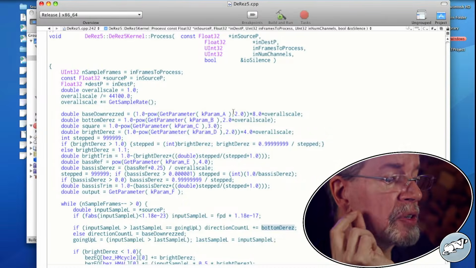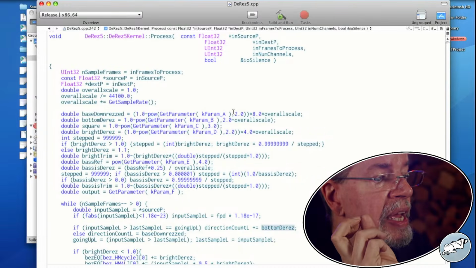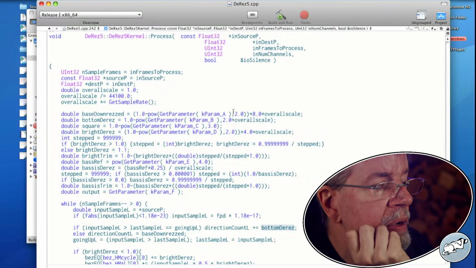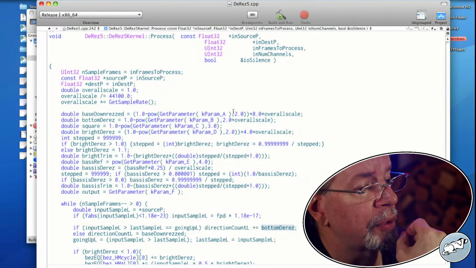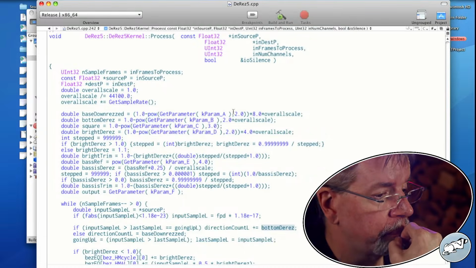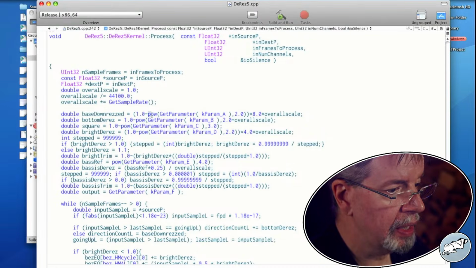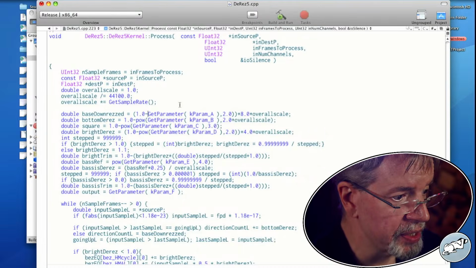It's times overall scale, it's times 8. 1 minus even a scaled per m a. Maybe I don't need it to be scaled that way. Let's try not scaling it and see what we get.